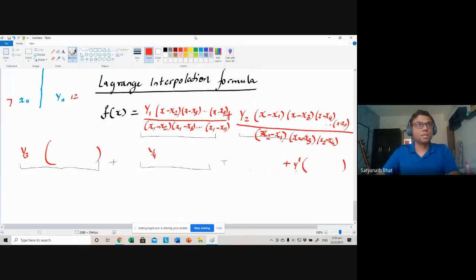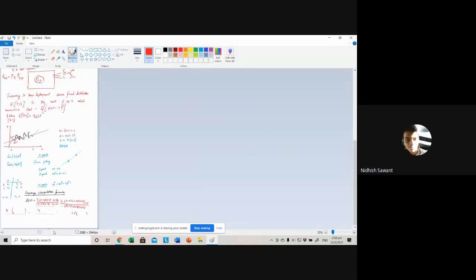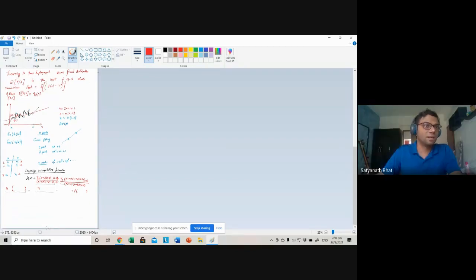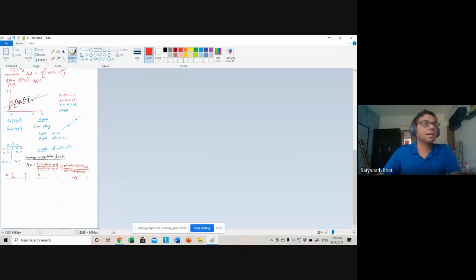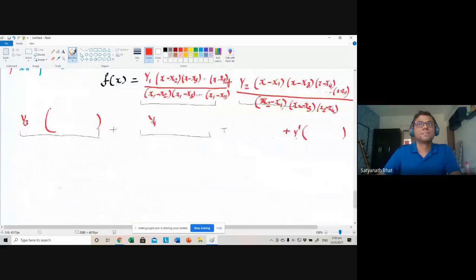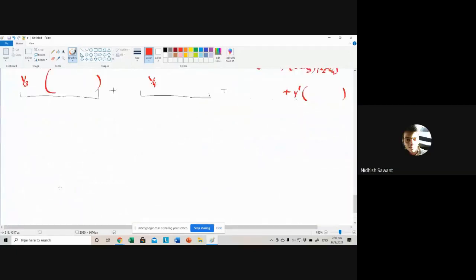Now there is one more way that Nitish said we can use. Nitish, do you want to explain what you are saying? It was a very tedious method, sir, to find all the constants. Nevertheless, there is a good thing about that method, and I will tell you what it is. The method was just to substitute all the points, the xi's and yi's, and then solve it using this.